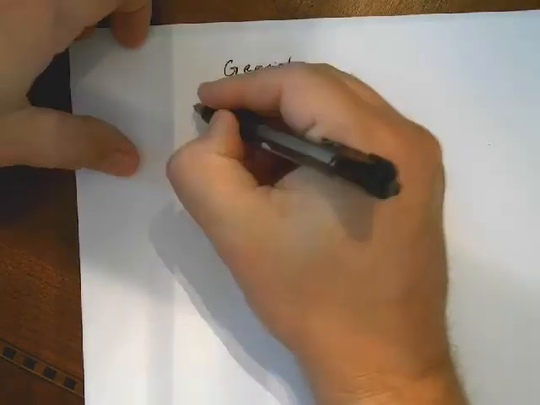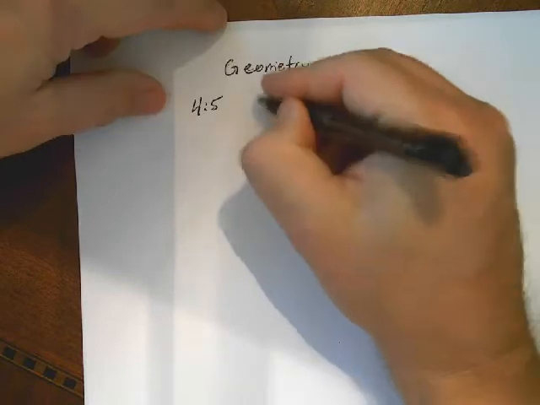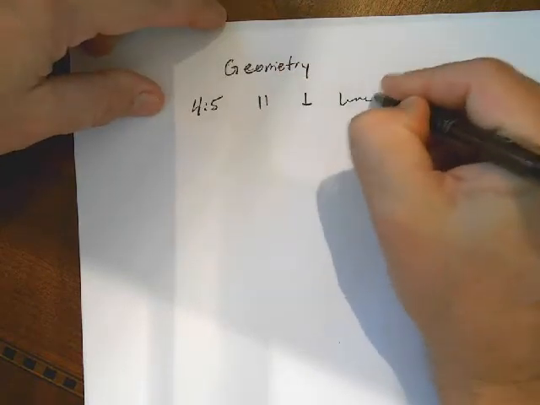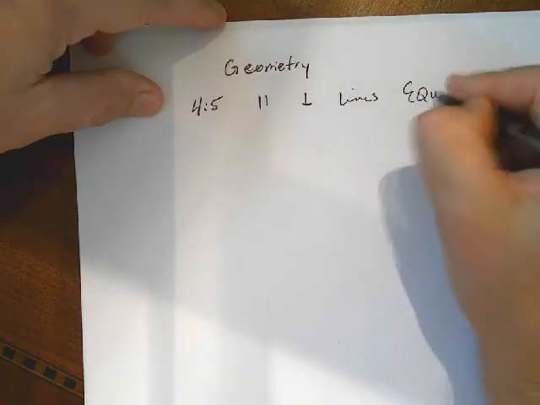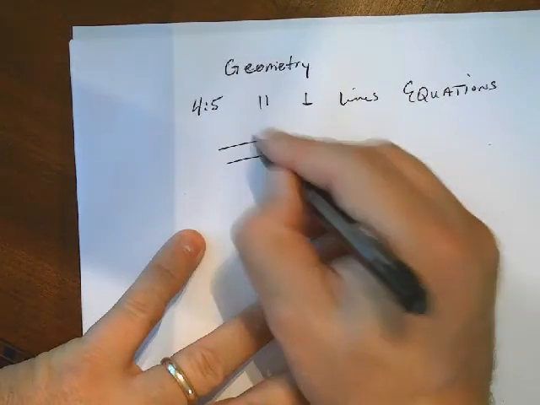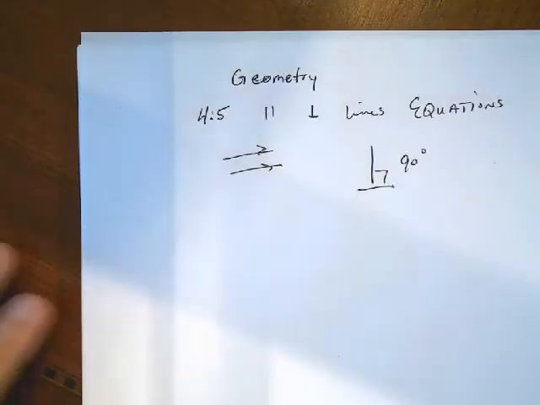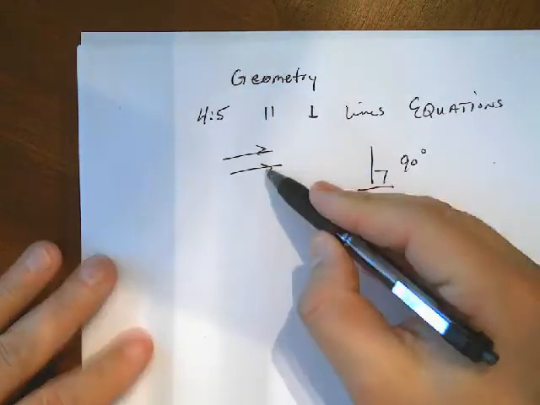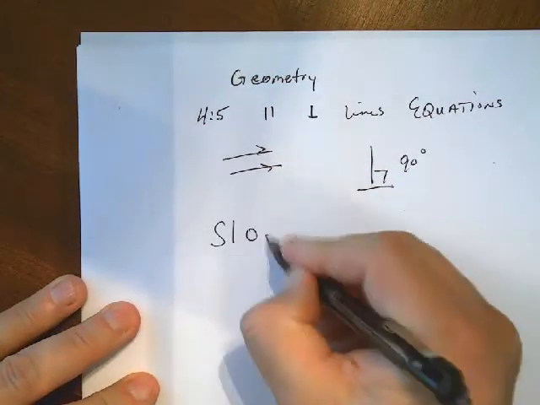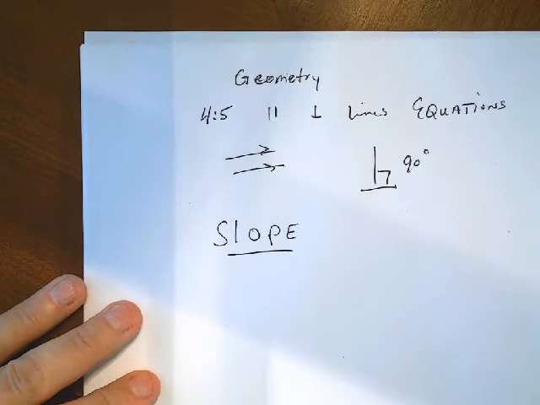Alright, so we're going to be looking at 4.5, which are parallel and perpendicular lines and their equations. First of all, parallel lines never intersect. Perpendicular lines create a 90-degree angle. So we know what those are. These are the two types of comparisons we want to look at, and it really comes down to the idea of